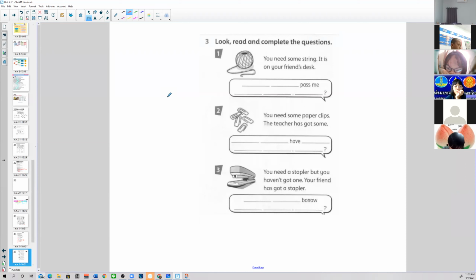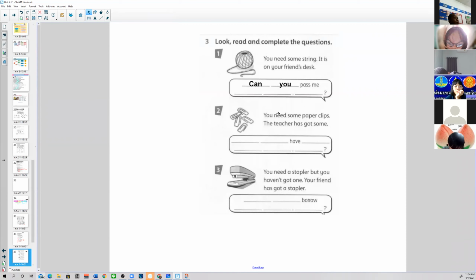Finish. Okay, what is number 1? Can you pass me some string please? What do you say? The string please, or some string please, also correct. Okay. Number 2,